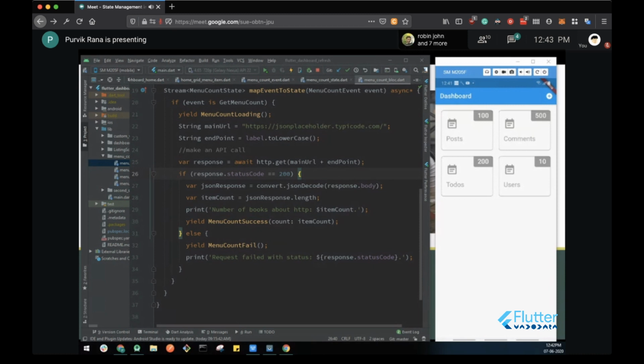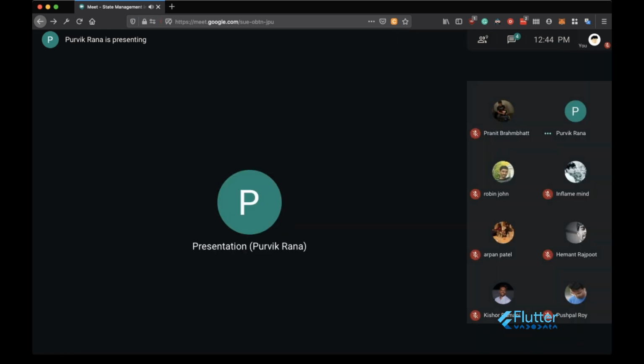So you are still seeing this particular screen. Wait a minute, something is wrong with this. Hello? Yeah, actually your screen is jammed. Yeah, it is on different windows, different desktops, so I'm just configuring that. Yeah, the power cut is there. Let me just stop sharing and start again.